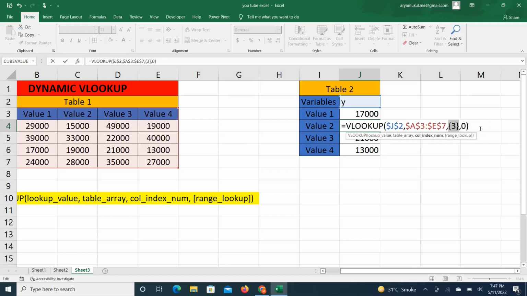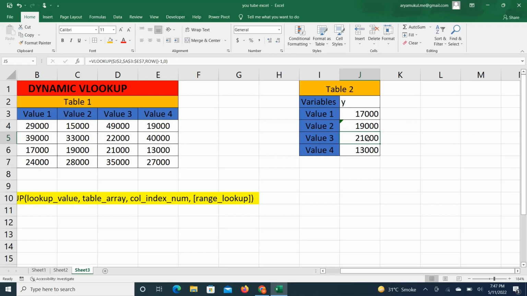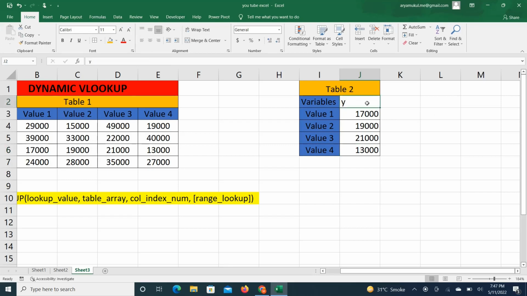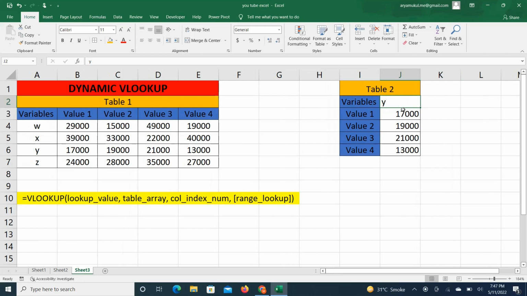So now here also you can see for value 3 what will be the value of this row -1. Press F9 again, it is 4 exactly. So in this way this formula is dynamic and it works correctly. Now whatever variable you type here, you will get the particular result for X, for W, sorry,